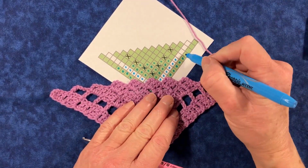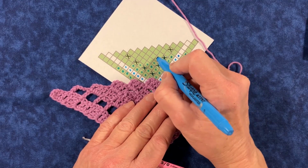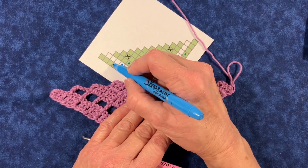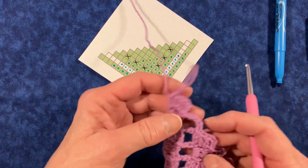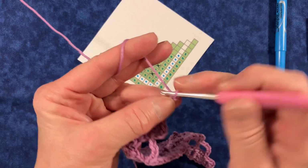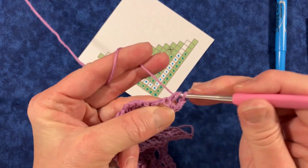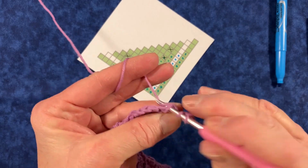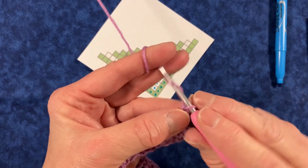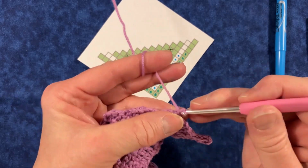For row 11, we have a beginning block, an open space, block, popcorn, 3 blocks, popcorn, a block, an open space, and an end block. So we're going to chain 6, double crochet in the 5th and the 6th chains, slip stitch, do an open space, a block,